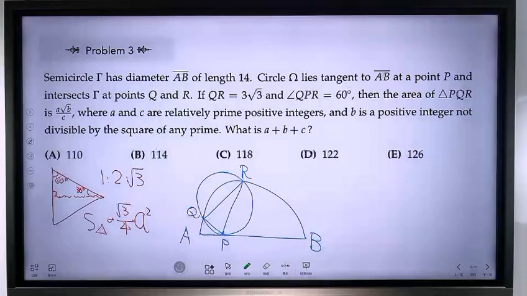Okay, so you should feel a little bit happy. Do not panic about a plane geometry problem. And we want to find the area, right? All the other things are kind of, in a sense,